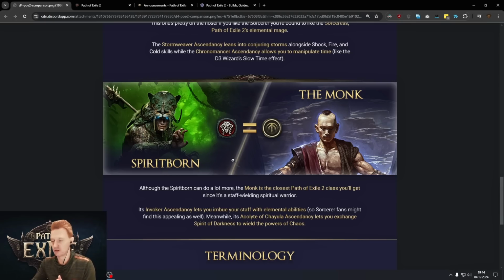and this one I don't 100% agree with, but to some degree there are some similarities, the Spiritborn in Diablo 4 compared to the Monk in Path of Exile 2. So you still have this quarterstaff, kind of melee, dual-wield playstyle. They don't really use fist weapons on the Spiritborn, and you also don't really use any fist weapons on the Monk. This is also a very melee-focused class, but you also have a lot of